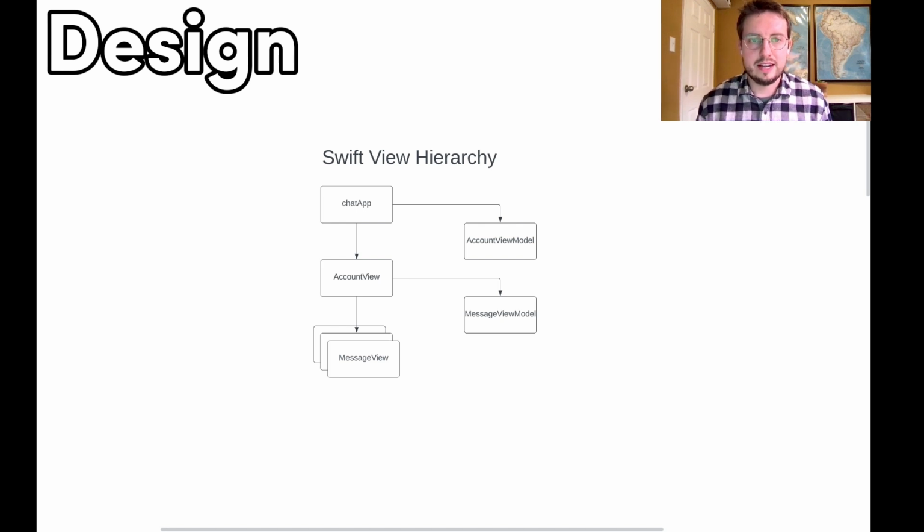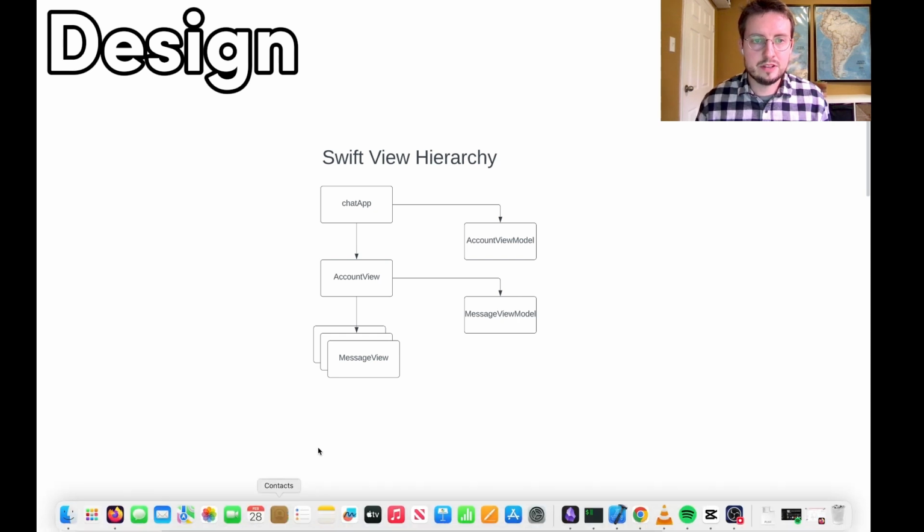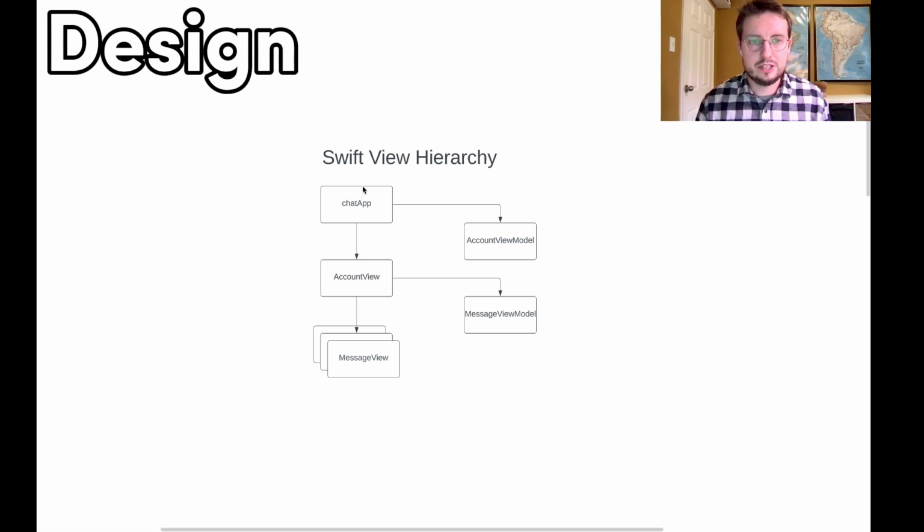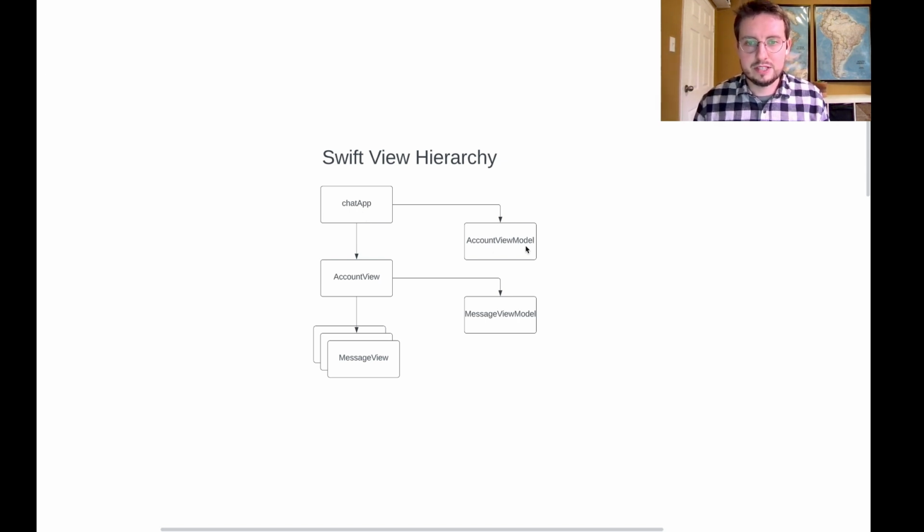So let's go over the design of this chat app. So first, if we were to look at the app from the Swift view hierarchy perspective, at the top level, we would have the chat app. So at the top level, there's the chat app view. The chat app view has an account view model, and that represents the data of the account. The chat app creates an account view within it, and this account view holds a message view model, which represents the